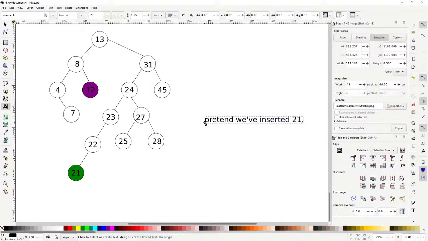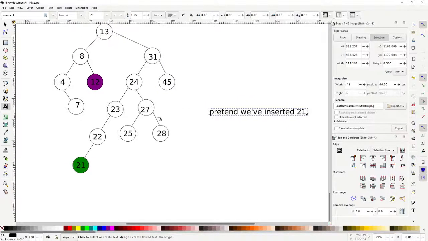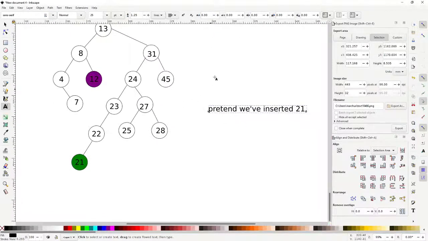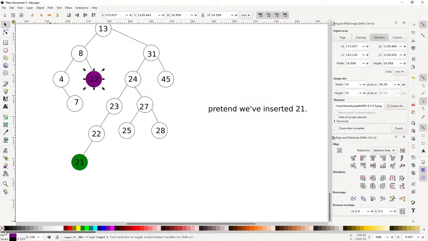Okay? So if we've inserted 21, and this is the tree that we have, now of course I don't think you can actually get to this tree with the discord tree, because I think it will have rebalanced by this point already. So again, I don't think you can actually do this, but let's say that this is something that we want to discord balance, right? So let's think about how this is going to work. So basically here,